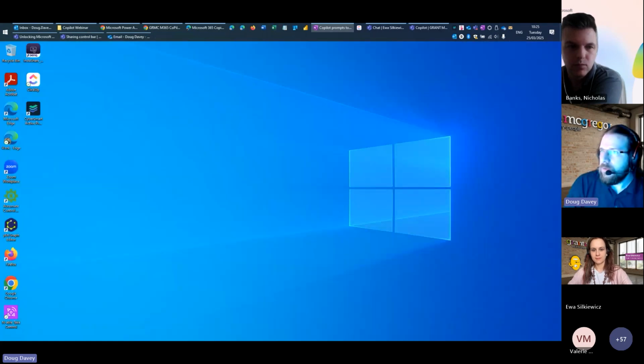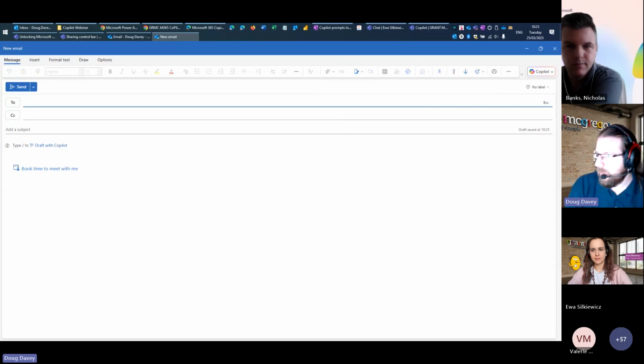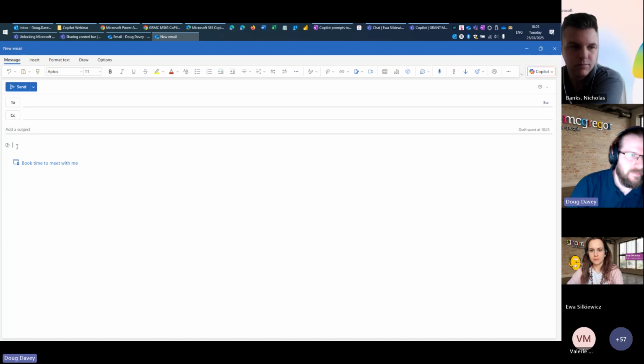Coming across then to Microsoft Outlook, if I just bring up a new email. So here's a blank email. Emails are a time-consuming thing. Replying to emails, rewriting them, rereading them, making them sound polite and professional and all these sorts of things. So if I maybe just type in a very short email, I want to reply to Bob and say,